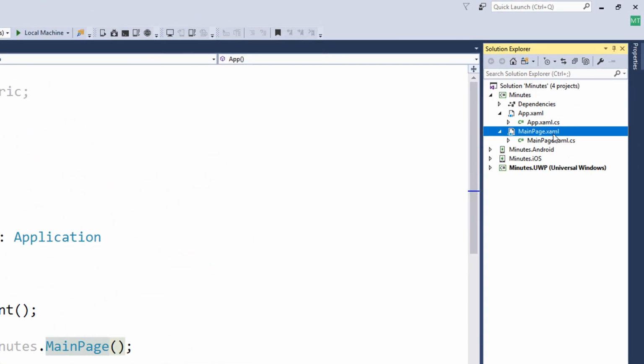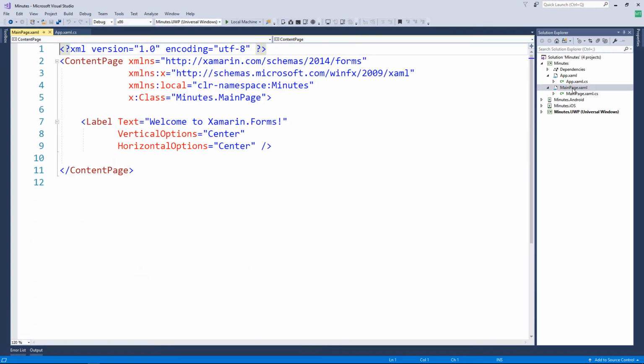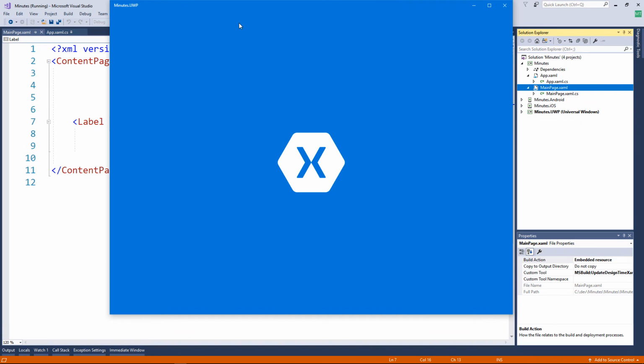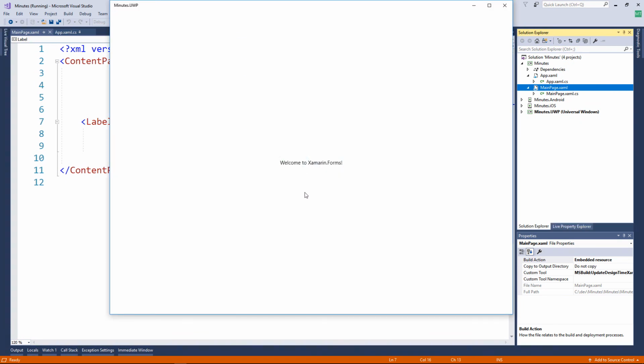And it's defined right over here in these 2 files. The user interface is defined in a markup language called XAML. So if I open up this page right there, you can see I have a label that just displays some text. So the startup sequence, again, begins over in the UWP app, then goes to the app class in the shared code, which then loads main page for us. So I'm going to go ahead and run this again here on the local machine. And we can see the text there of the label.